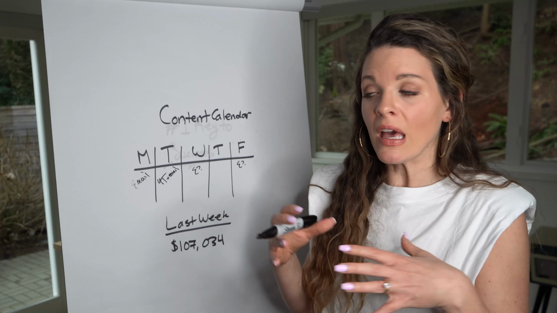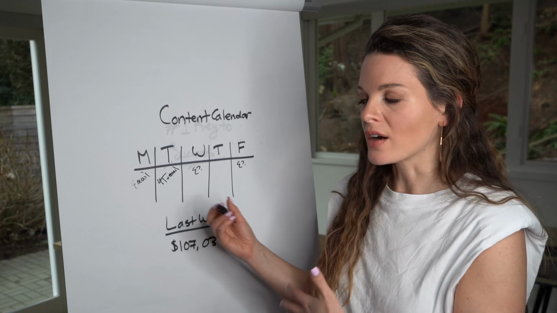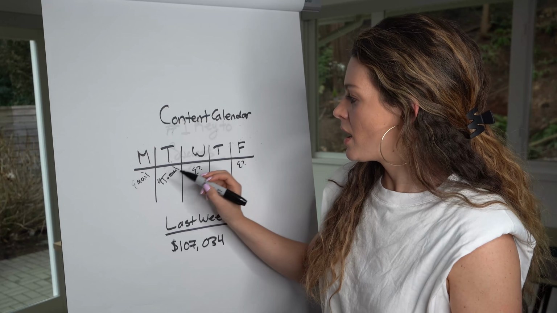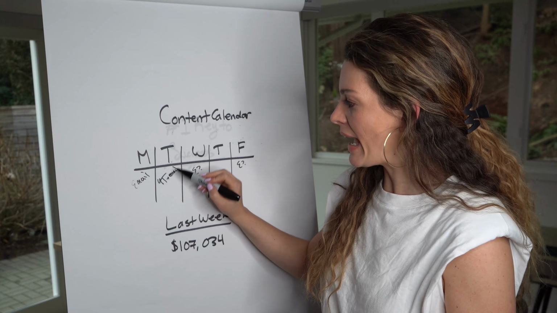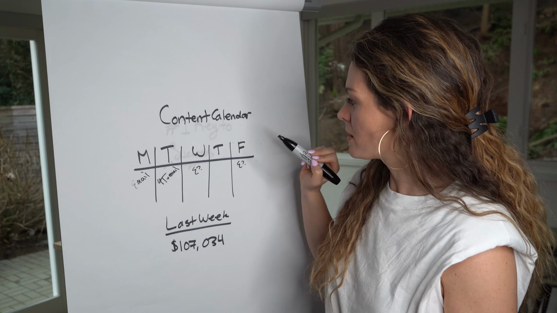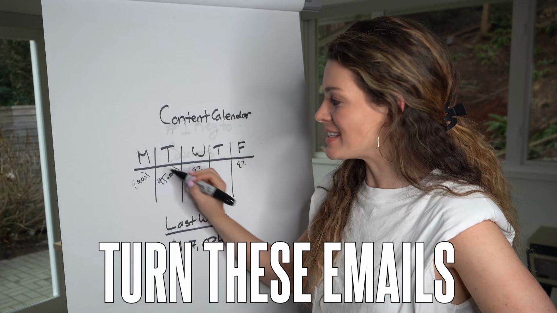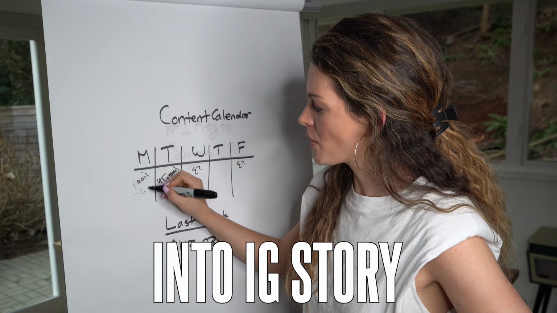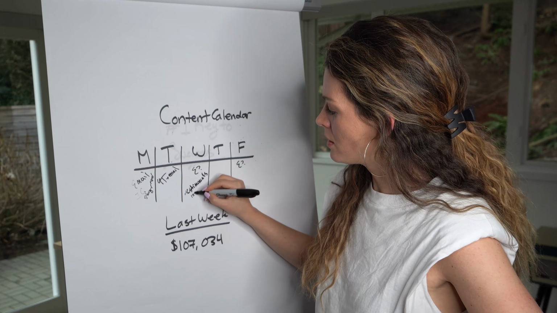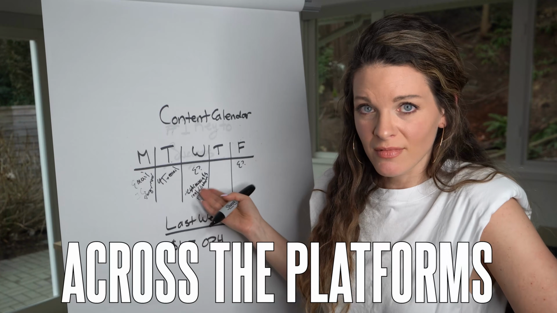And if necessary, if we need more leads, going back to the predictable numbers that we talked about in the baseline, then I can send 2. But realistically, we only need 1 to 2 emails a week. So email, YouTube, and email video, they're associated, so providing value to my list. Email, and then if I feel like it, I will turn these emails into IG story or reel. I'll share testimonials on reel or LinkedIn or Facebook and just repeat the content across the platforms.